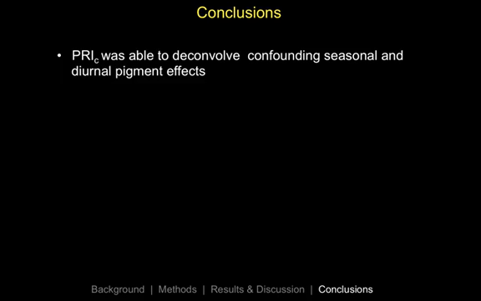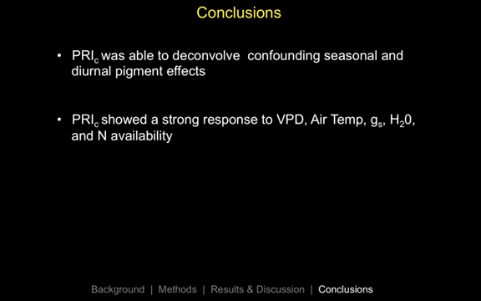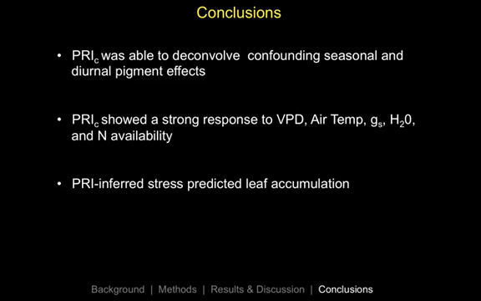It, however, was not able to deconvolve confounding changes in LAI throughout the season, which I did not show in this presentation. PRI-C also showed a strong response to vapor pressure deficit, air temperature, stomatal conductance, water, and nitrogen availability throughout the season. And this PRI inferred stress signal also was able to predict leaf area accumulation, which I think is especially important when we're thinking about monitoring crops for biomass